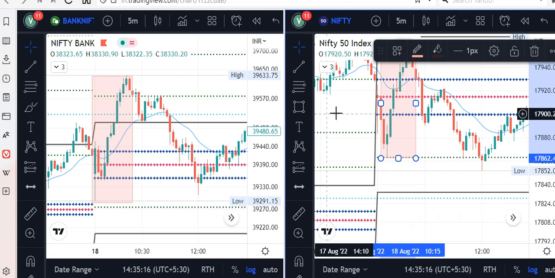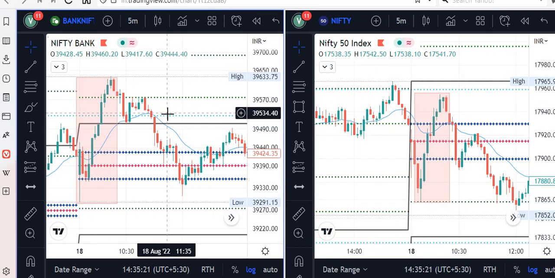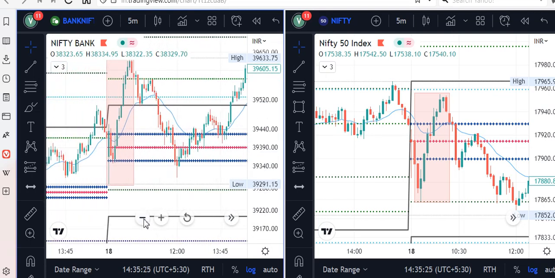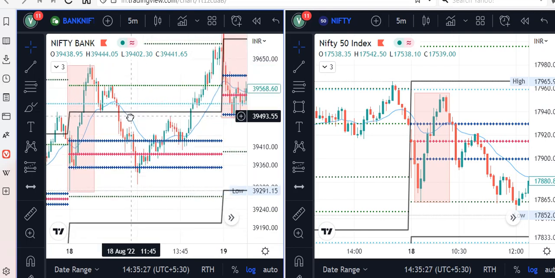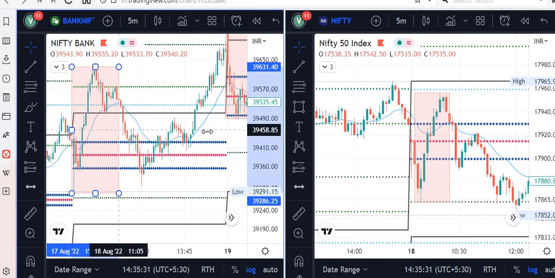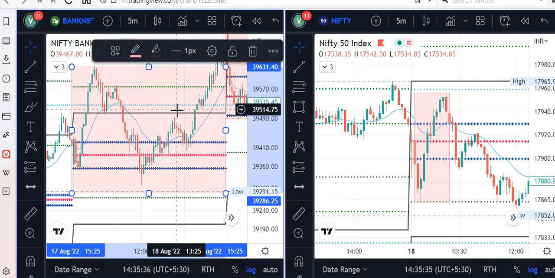Whenever there is a wide initial balance, it may be a sideways day. If you see this day, this is a sideways day. See, this is a sideways day. The entire day the price is between these two borders. Okay, these two borders. In such cases,